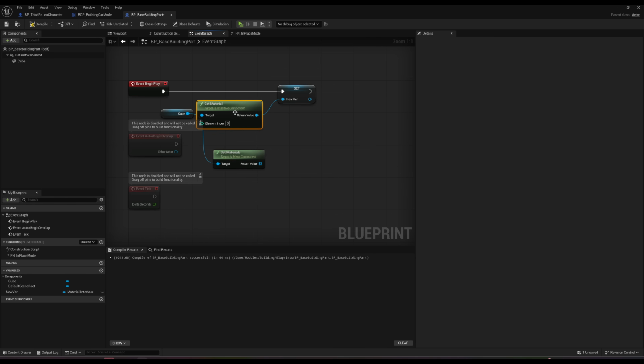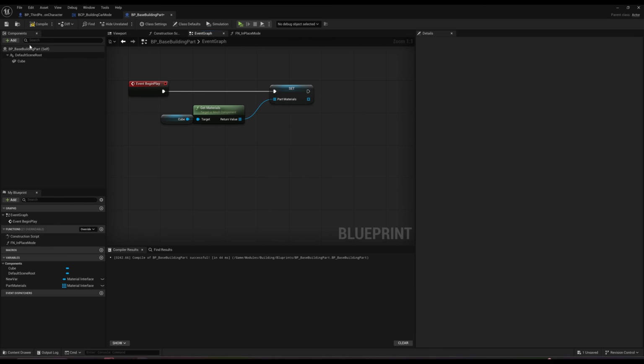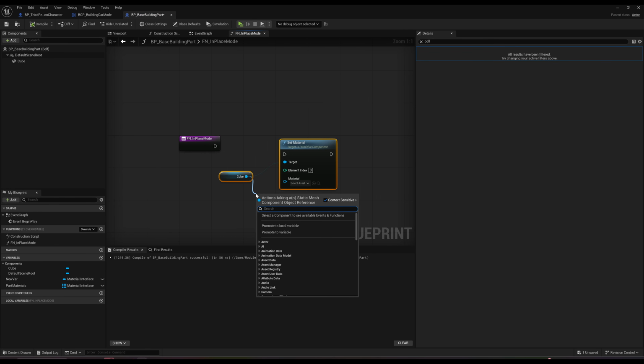I think we could actually, yeah, we can do that. Let's just create here an index, right? Part materials. The reason why I'm doing this is because I know that the part that I'm working from has multiple materials assigned to it when I created it in Blender, right? So we did this, and now when we're in place mode, we're gonna set, we are gonna basically, for example,